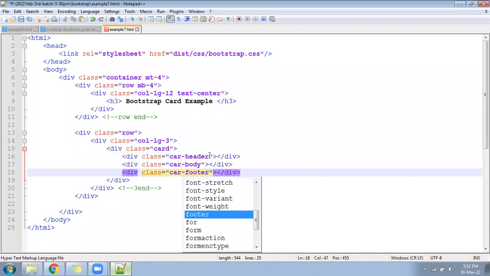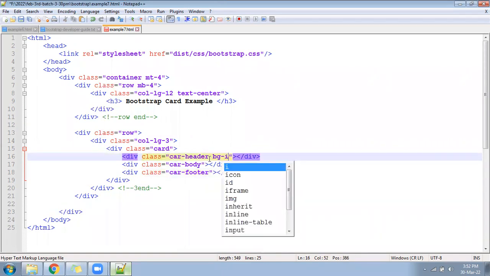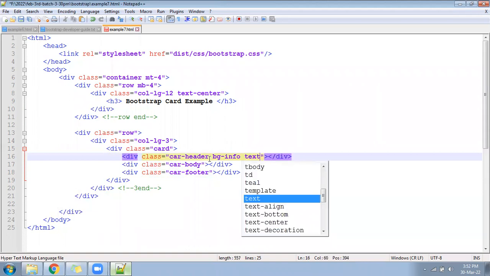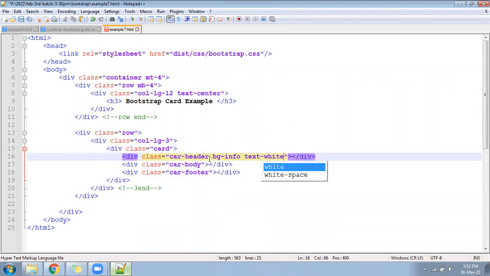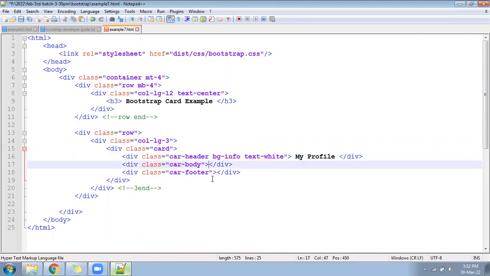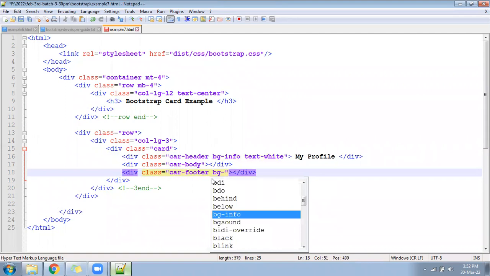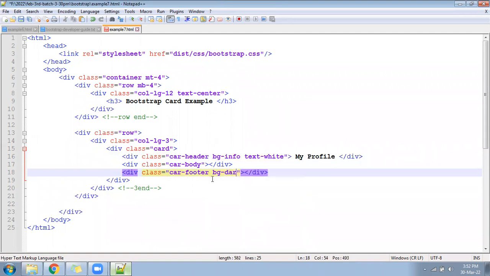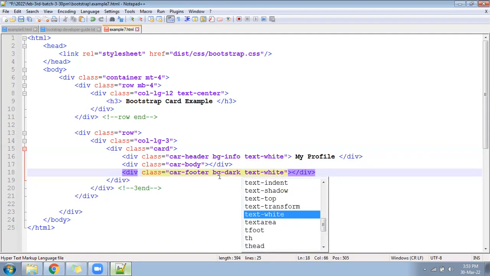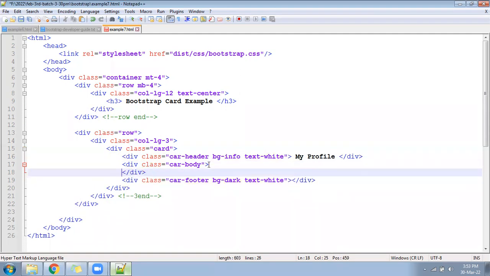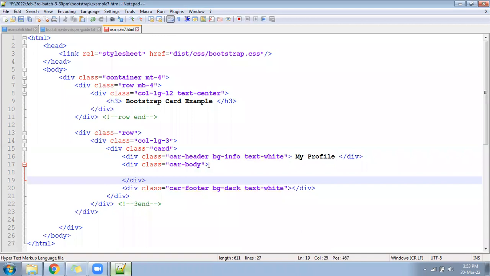Now after that, for the card header, apply bg-info and text-white, and write here profile. For the card footer, you can write bg-dark and text-white, and under the card body you can place some text.